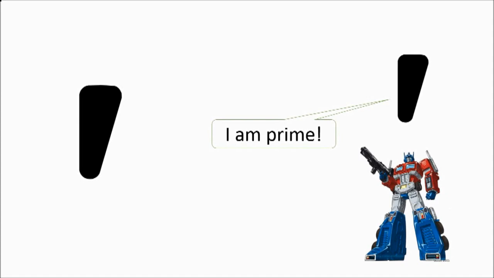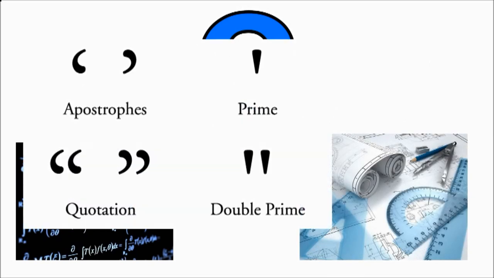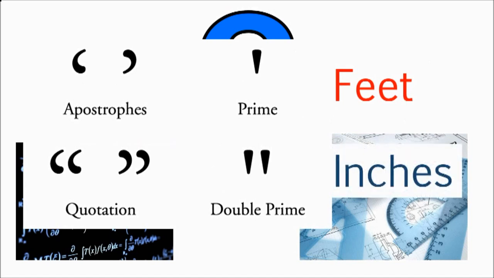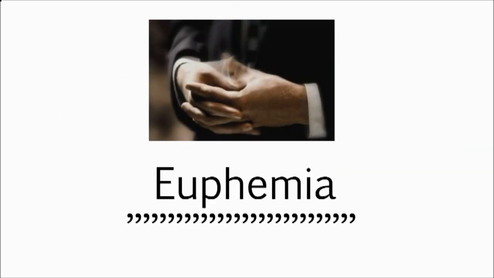You do need to be careful because it looks quite similar to this prime symbol here. What is a prime? Well, it's used in mathematics and engineering, and it indicates units of measurement. So in this case, feet and inches. So if you are reading a mathematical text, just be aware the apostrophes you see might be something else. In all of my slides and notes, I've used the Euphemia font, which has this nice distinctive apostrophe, so